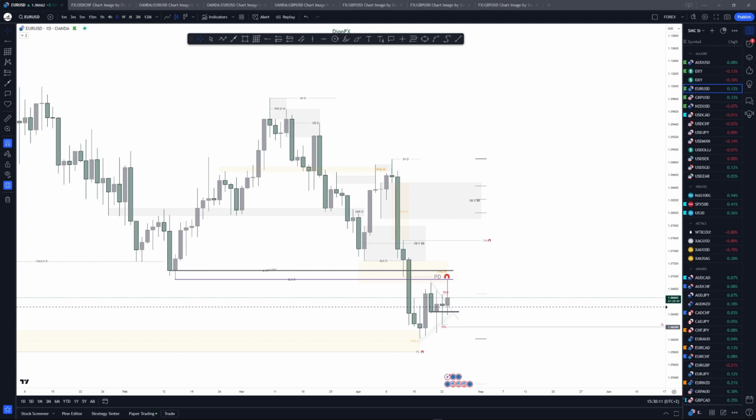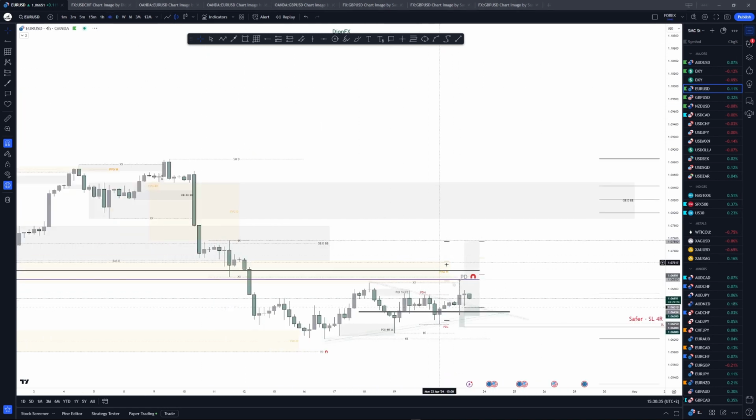All right. So I'm going to talk real quick about what to expect going into the flash PMI for the US dollar, right? So currently, let's say like 1 hour earlier or 2 hours earlier, EU was trading just inside of this trend line, this kind of triangular pattern right here,